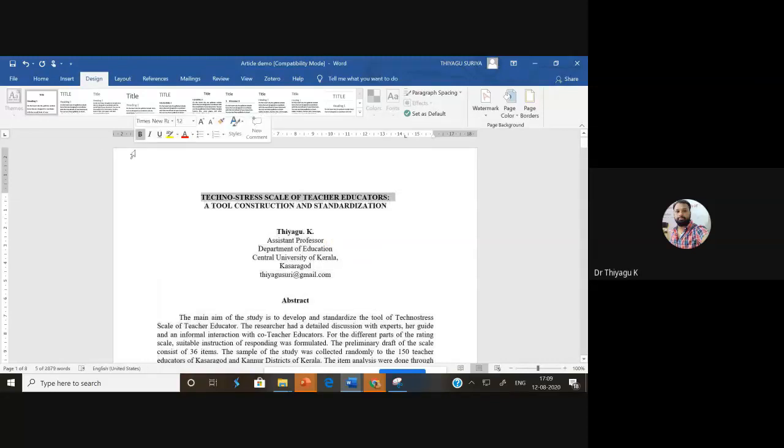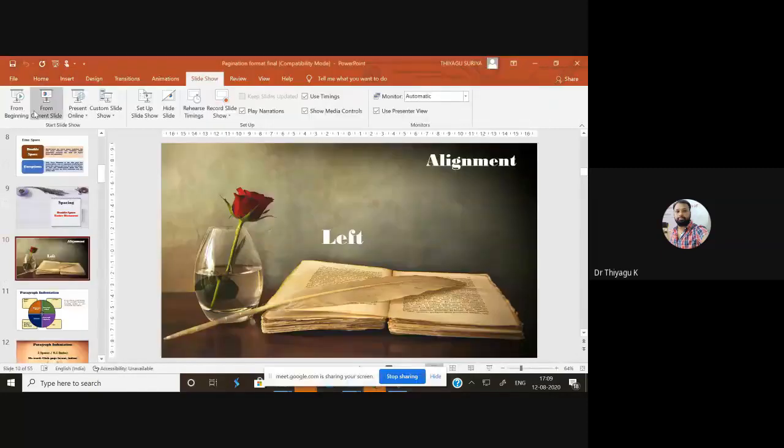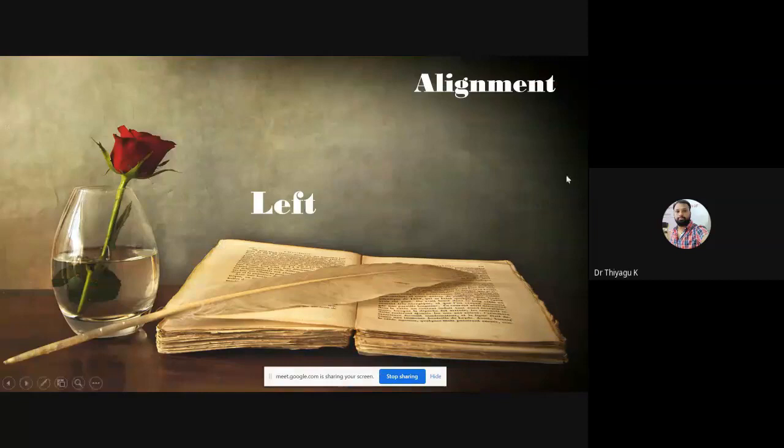Yes, now I am moving to the next thing. Next important feature is the alignment. Whenever you are writing an article, the alignment previously according to the APA 6th version is justification, like left and right alignment should be straight. But in the case of the APA 7th edition, they are telling only the left alignment. Just I'm going to tell in what way we have to fix the left alignment.